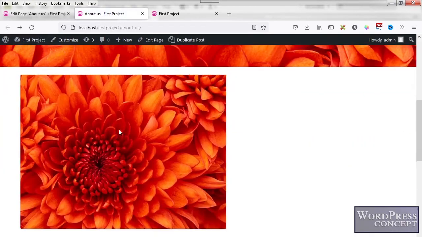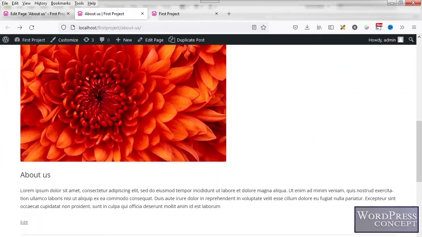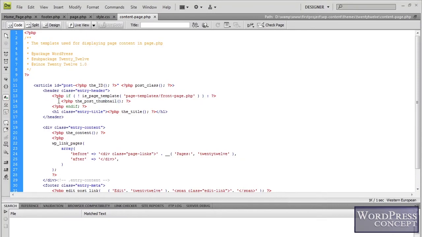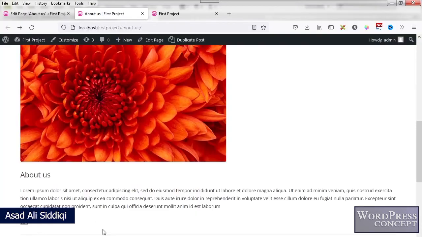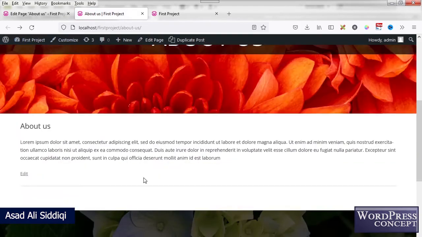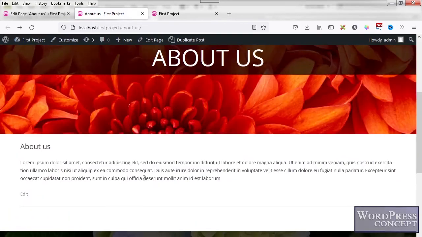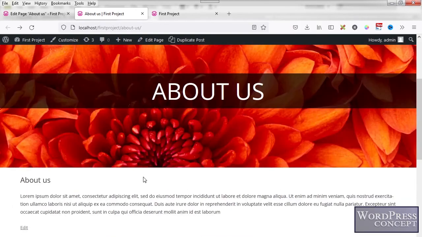Let me show you what was going on. So this is the thumbnail image that was showing here. If we want to remove this thumbnail, we will actually remove this line from here. Either we can remove the whole if, or we can remove only that line and refresh, and the thumbnail is gone. Fine. Now we have the appropriate layout as well,